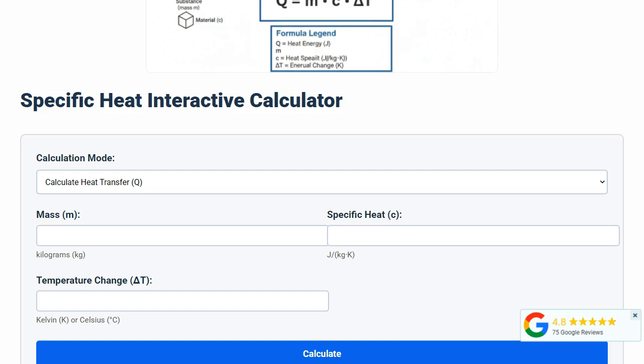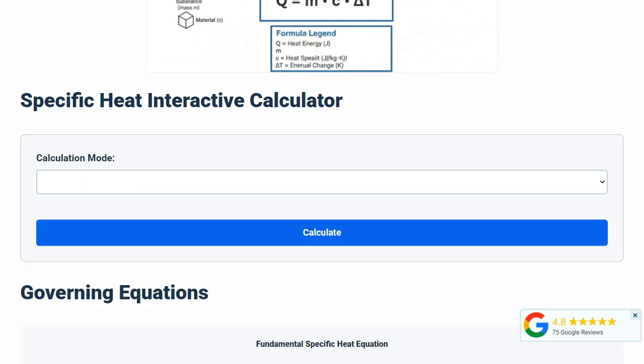Enter the mass in kilograms. Let's use 2 kilograms of water. Next, enter the specific heat capacity. Water has a value of 486 joules per kilogram Kelvin. Finally, enter the temperature change. We'll use 25 degrees. Click the Calculate button, and the calculator instantly shows you the heat energy required is 209,300